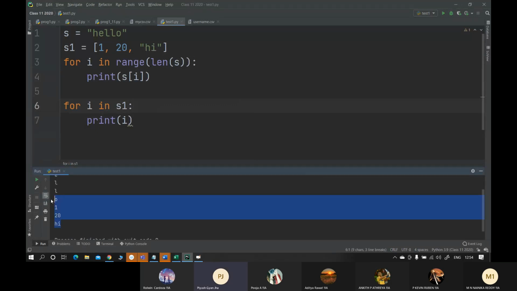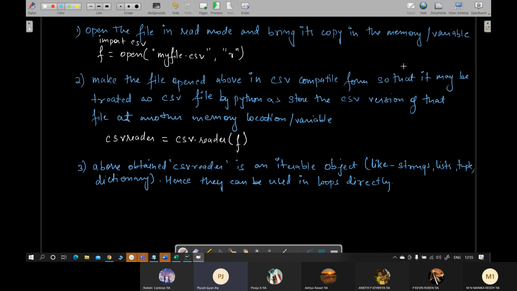So all those objects which can directly be used inside the loop, other than in range form, are known as iterable objects. So किसको किसको use कर सकते हैं? Which all objects can be used? Strings, lists, tuples and dictionaries. Dictionaries में हरदम key print करेगा. ठीक है? Is it clear? कि what do you mean by iterable objects? Right.